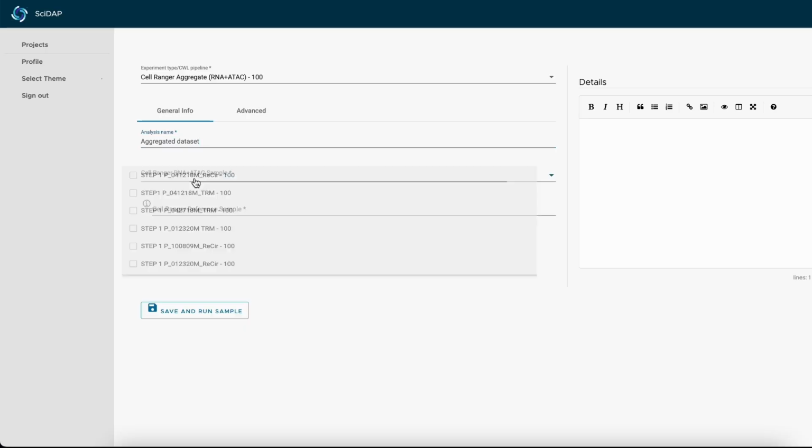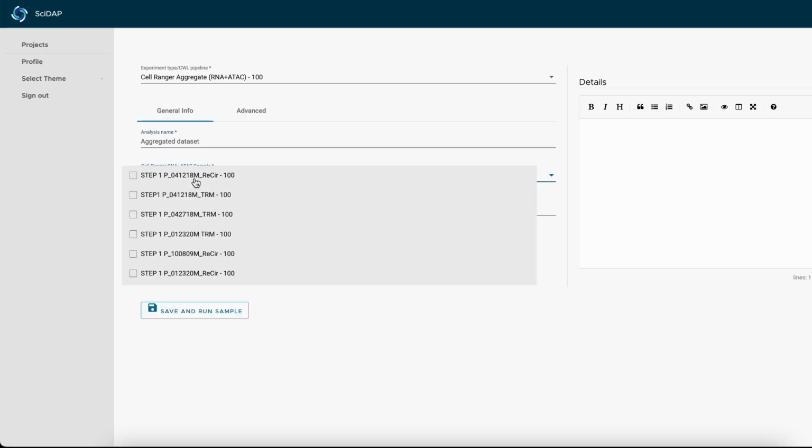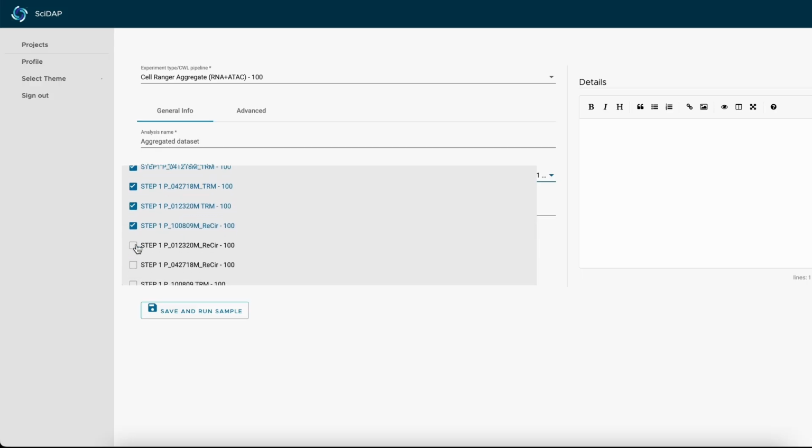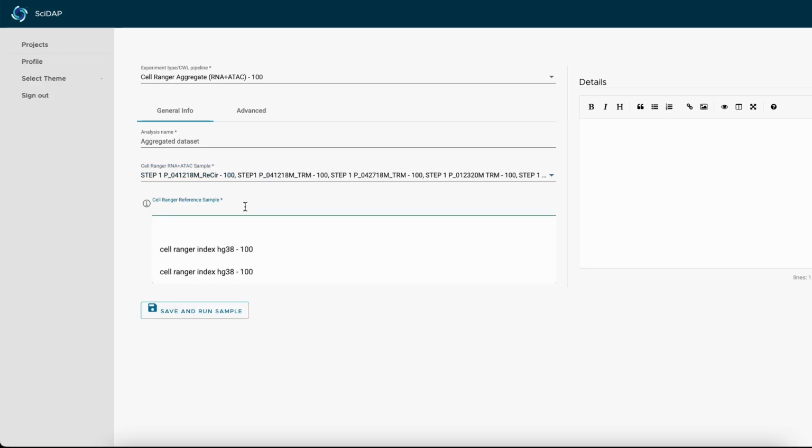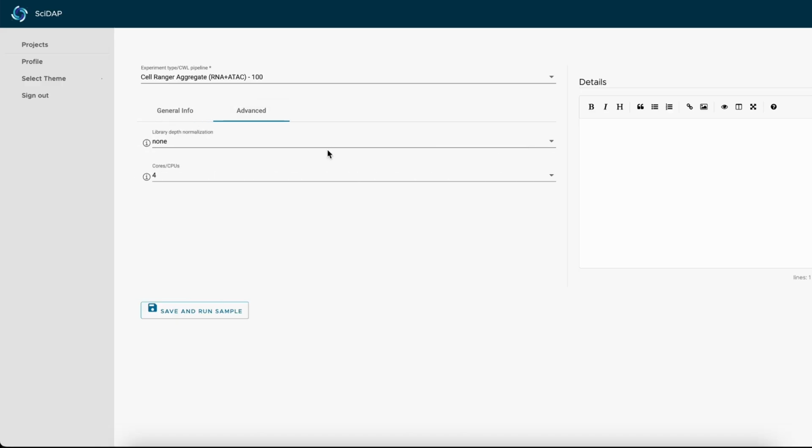Let's give it a name, and then we select all available samples that belong to this experiment in this drop-down menu. Then we select the index that was built before, and before clicking on Save Sample, switch to the Advanced tab and ensure that the library depth normalization is set to none to prevent subsampling the reads to the smallest dataset. This subsampling may be useful for viewing the results with the 10x Genomics Loupe Browser, but it may lead